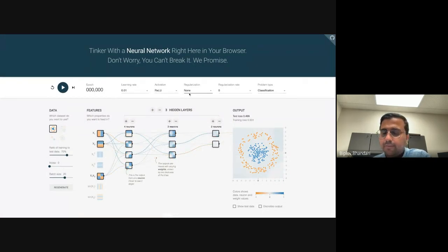And then there's some form of regularization here. So we saw that dropout is one way to avoid overfitting. The other way is using a regularization layer. So let's say you have a very large project, and you have thousands of features that you have used in that project, and you're not sure whether all the features are important for your problem.